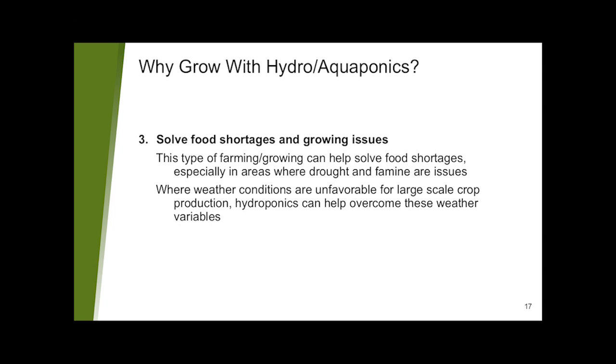And again, there's no weather conditions. So if a tornado comes through, if you're doing this in the basement of your house, or the basement of a school, or you're doing it in a warehouse, you don't have to have light all the time. You don't have to worry about rain. You don't have to worry about hail. There's all these different things. You have a closed system. You can determine what those weather patterns are going to be and what you want to be, how much light, how much water, how much nutrients you're going to actually give